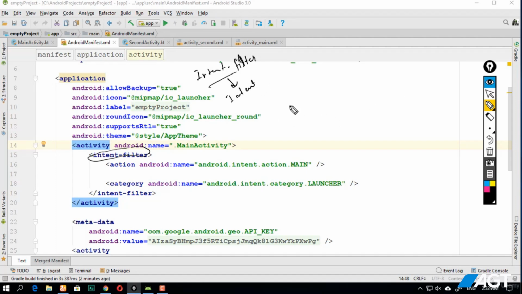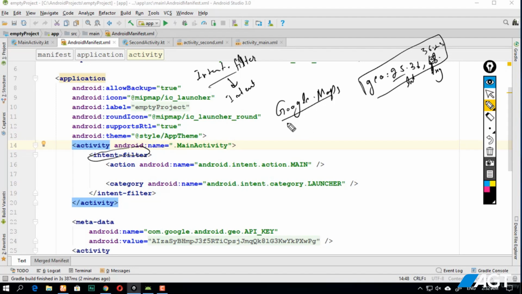For example, we have Google Maps, right? So Google Maps receives the intents which start with geo, right? If I have geo, then I have the coordinates like 25.36 and 36.25. So if I have latitude and longitude, this type of scheme the Google Maps